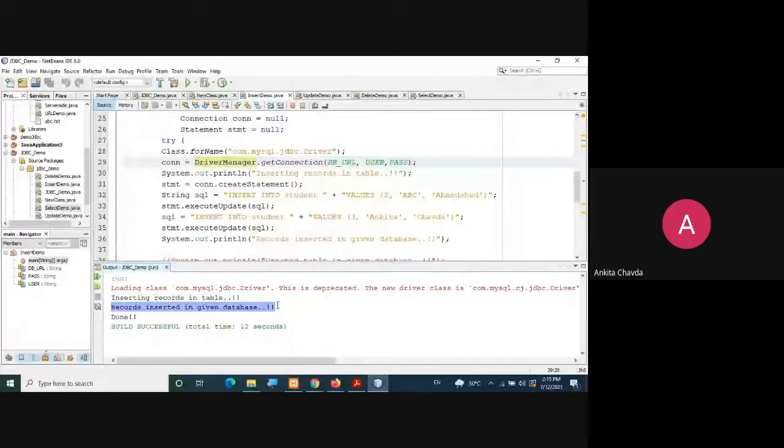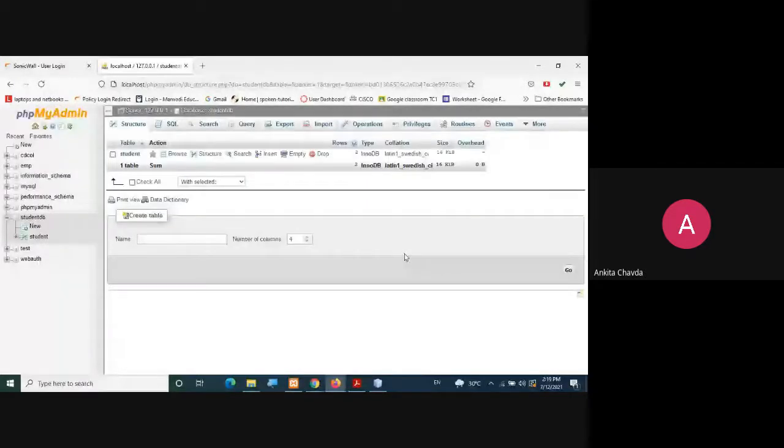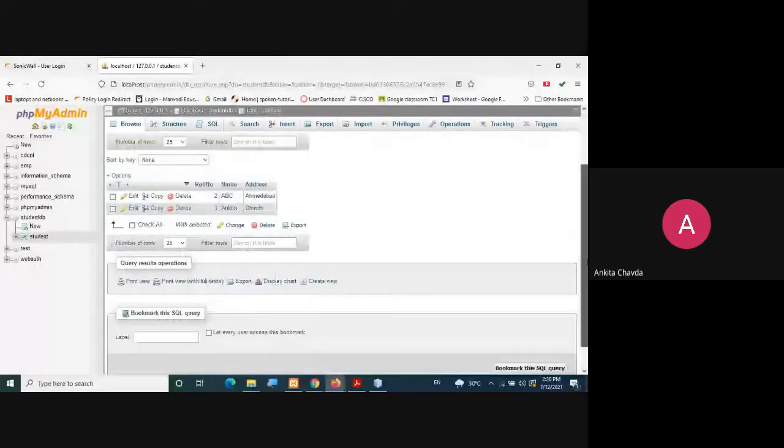It means that my things are going well. You can check over here. Once I refresh it over here, in the student table I'll have 2 records. I've inserted 2 tuples, right? See, okay. So here are these 2 rows that I have inserted. Fine. Now instead of the address, I have given the surname, which I need to change.